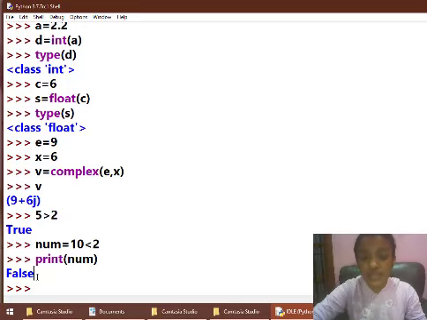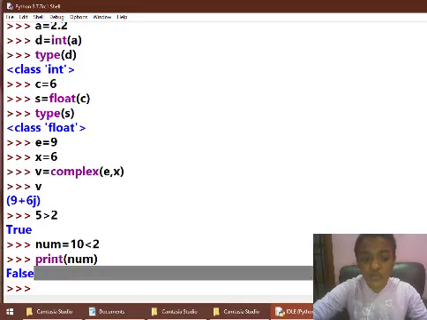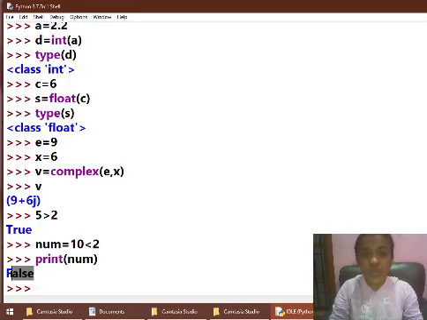Because what boolean does is, it simply evaluates the condition which is given, and here the condition 10 is less than 2 is obviously false, so the boolean output is also false. So this is what we do using typecasting in Python.